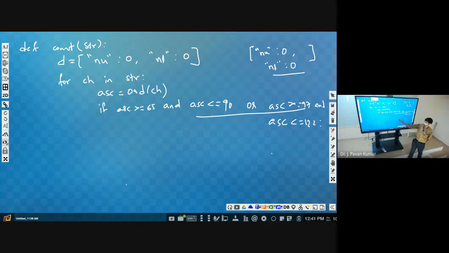Here we have operators AND, OR, both are operators. AND operator is there, OR operator is there, again AND operator is there. Whenever we have more than one operator, then it will go for precedence. What is the precedence of AND, OR?